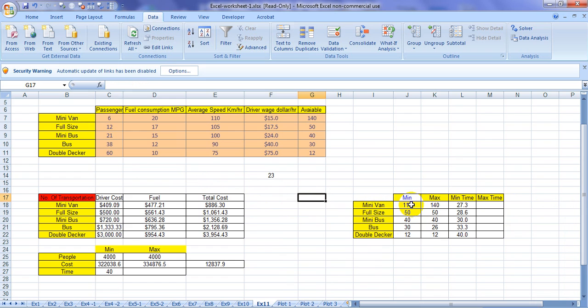So for example, if I have 117 minivans multiplied by 6, then that many people can be accommodated in minivans, as 50 multiplied by 12 and